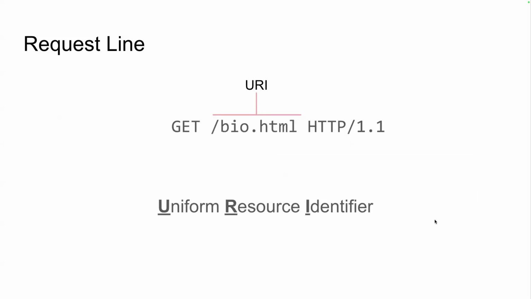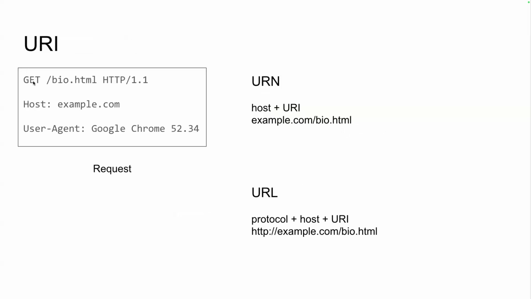Our URI, it's what falls after http://example.com/bio.html, right? It's the Uniform Resource Identifier. This is just saying, hey, this is going to send arguments or parameters. This is what happens after the initial rendering of the template, right? So that's how we get this get bio.html. We can see that we have a URN where we show only the host, example.com, and the URI, which is